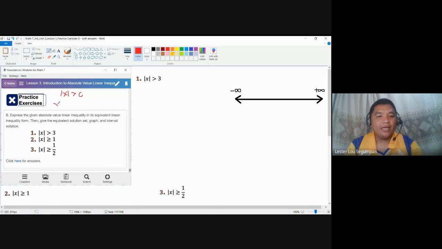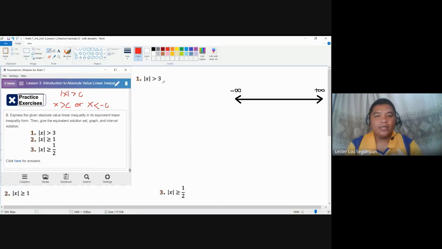The first statement is that the expression inside the notation is greater than positive c, and the second is that it is less than the negative of c. Since we have two different statements, we combine them with the conjunction or. Generally, both of them should be part of the solutions. So we simply copy the general form as we solve for the linear inequality forms for items 1, 2, and 3.